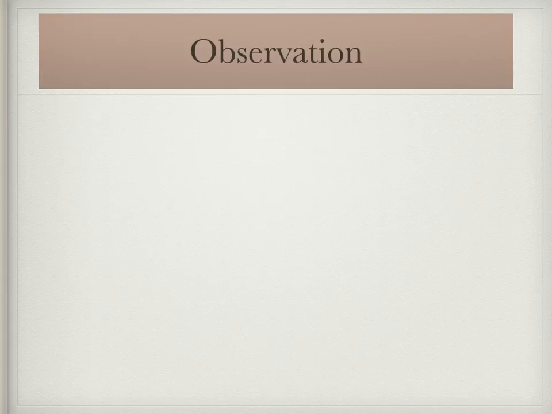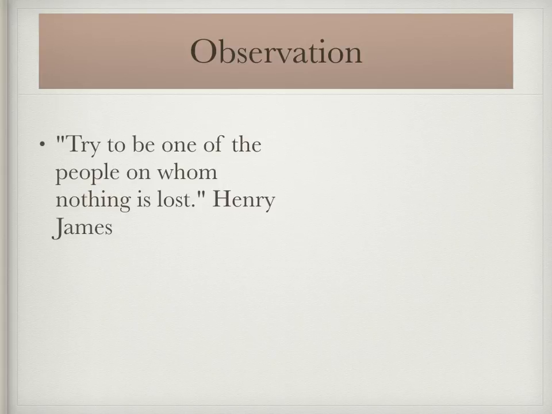And the key to doing all of that and doing it well is to be a good observer. Henry James said to try to be one of the people on whom nothing is lost. Be someone on whom nothing is lost. So that means when you go into the store and you bump into someone, and you and your friend are talking to this person, and then he walks away, you and your friend finish your shopping, and you say, "Did you notice that only half his face was sunburned?" And your friend says, "What? Oh no, I didn't pay attention." You are the one on whom nothing was lost.